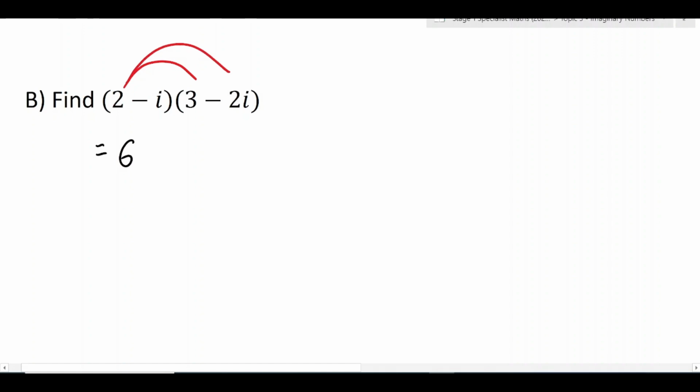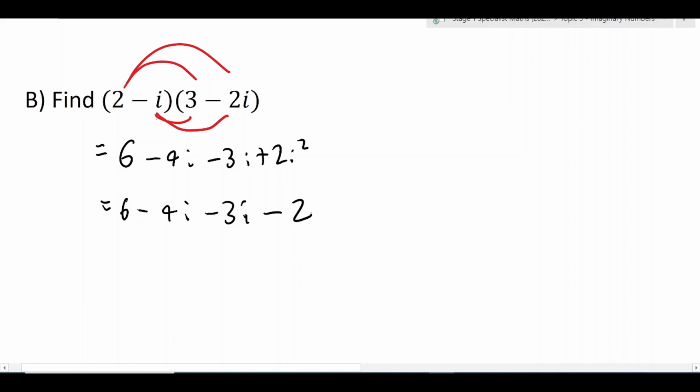Next one we're going to try is this. So first term we're going to get is 2 and 3, which is 6. Next one I'm going to get there is 2 and minus 2i, which is minus 4i. Then I'm going to get this one here, which is take away 3i. And then I'm going to get this last one here. 2 negatives make a positive, so that's going to be plus 2i squared. Now this actually becomes take away 2 because i squared is minus 1 there. Be really careful with that. So my real bit's going to be 6 take 2 gives me 4, and my imaginary bits are going to